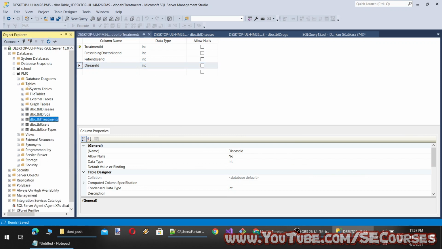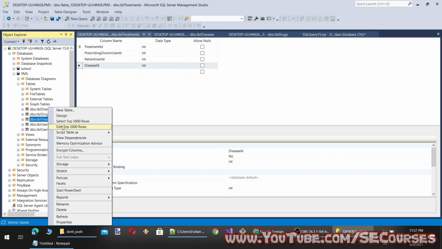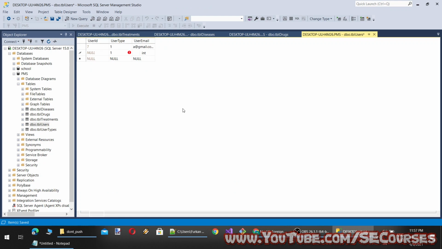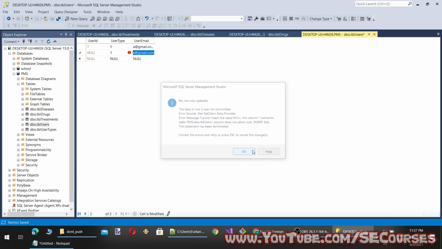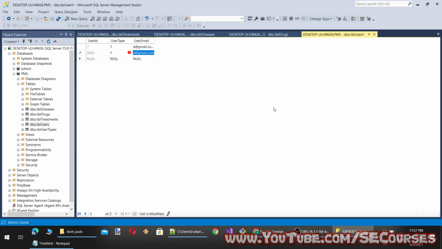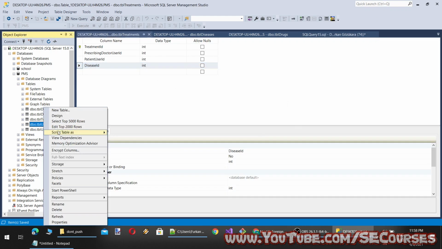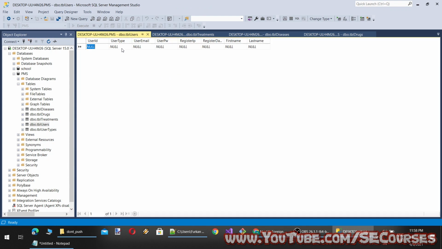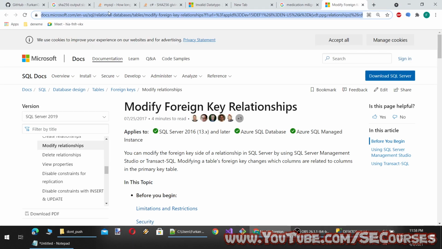So we still need one more table, but before going that, let's try something. Okay, so let's add some users to our database, to see our foreign keys. So user ID, we can set it to user type 1, email, something. User password has to be 64 characters. This is a bit of a problem.